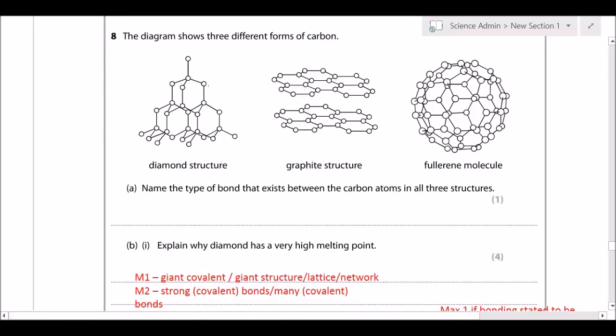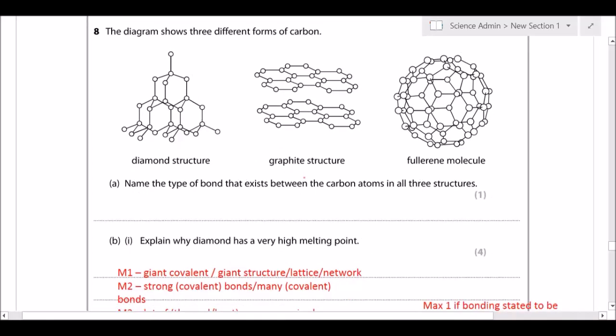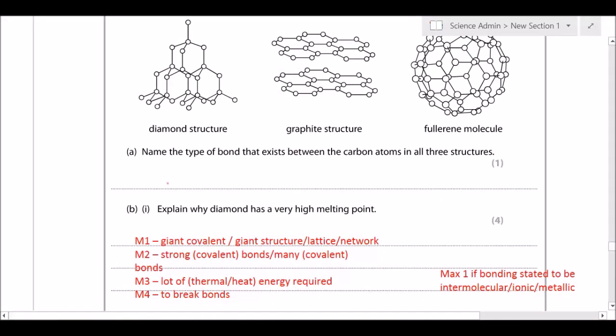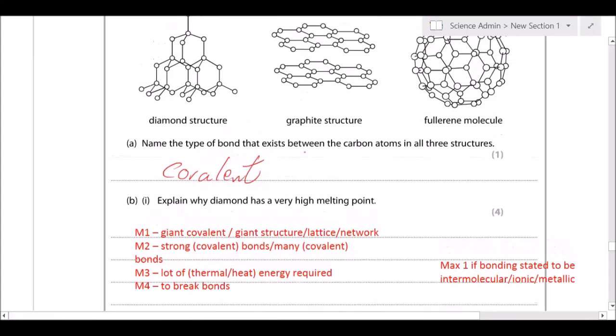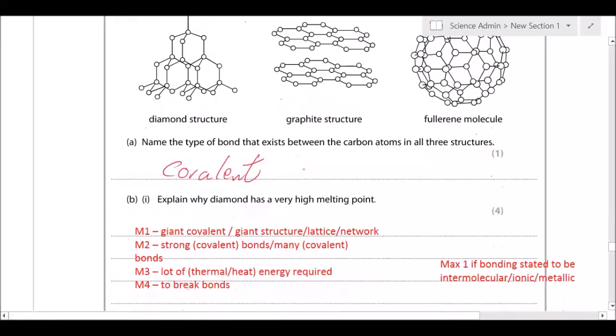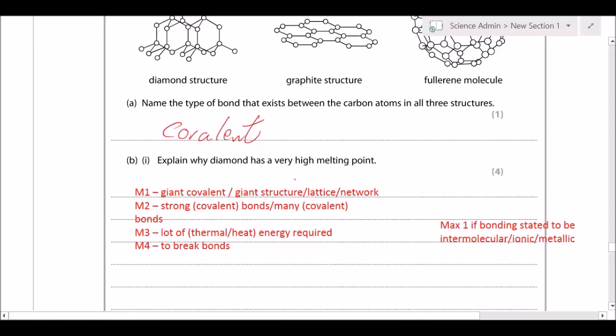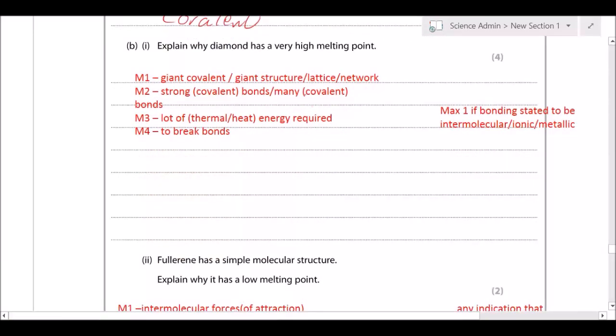Question 8. Name the type of bonding that exists between carbon atoms in all 3 structures. Covalent bonding, they're sharing electrons. Explain why diamond has a very high melting point. There are 4 marking points for this. So a model answer that I would put